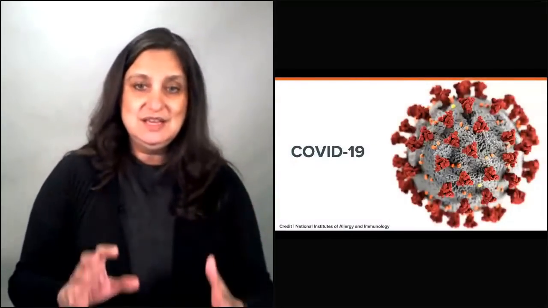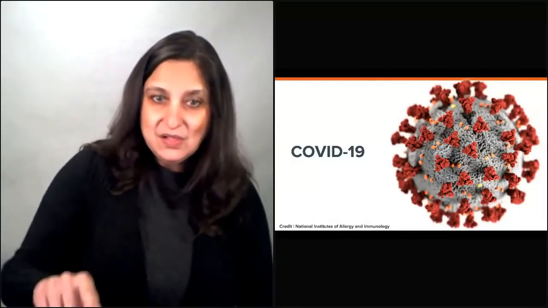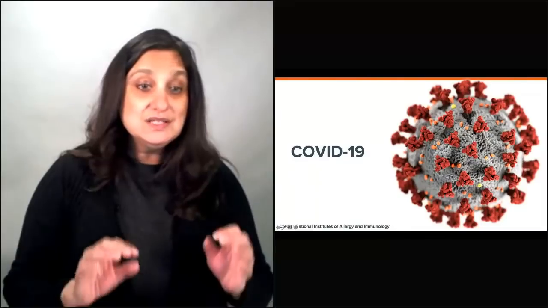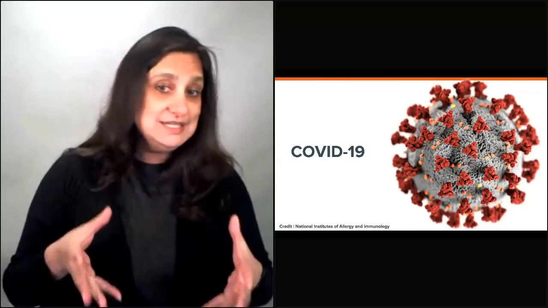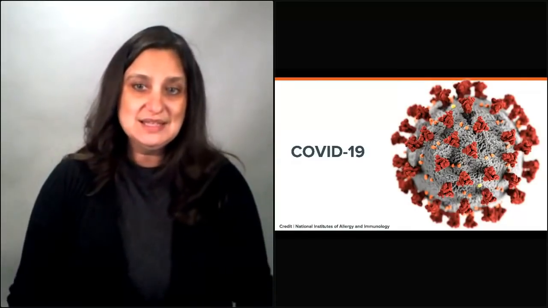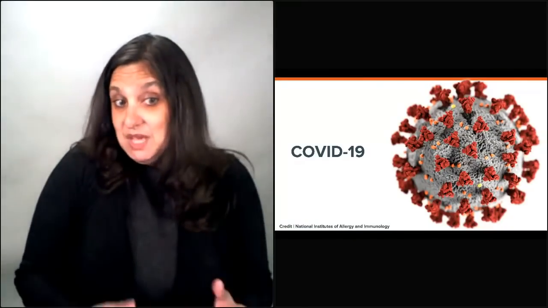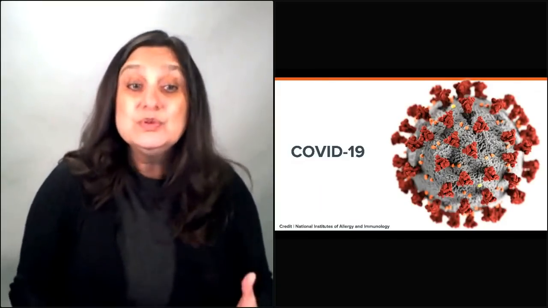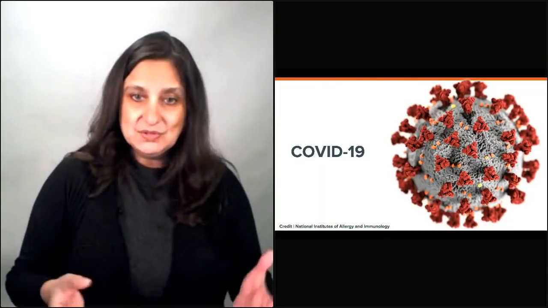What you see here is a reconstruction of what this virus looks like. And all of those red things that you see sticking out that look kind of like triangles, they are spikes. They sit on the surface of this particular virus. A virus is simply a nucleic acid, DNA or RNA, and it's got a protein coating around it. Sometimes it's got a fatty coating around it, but it can't make more of itself. It's not like a normal life form. It can't reproduce, and so the only way it can reproduce is by infecting other cells.